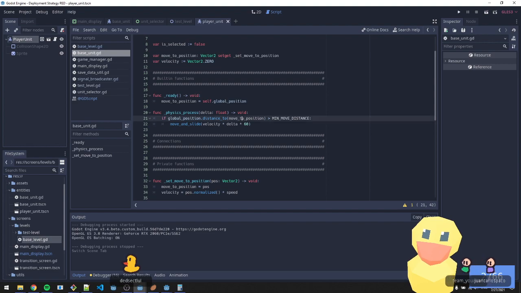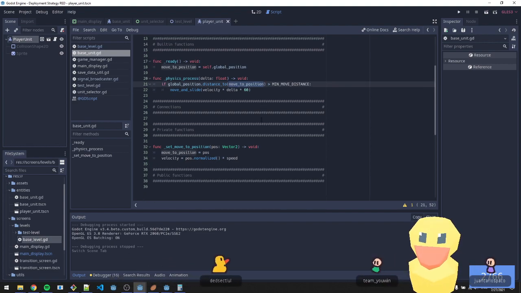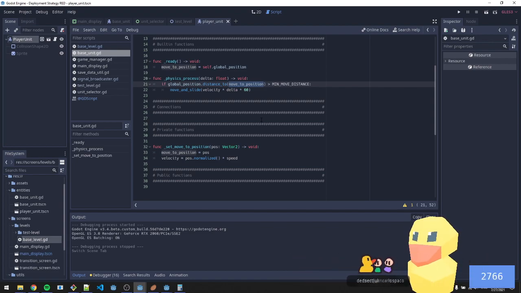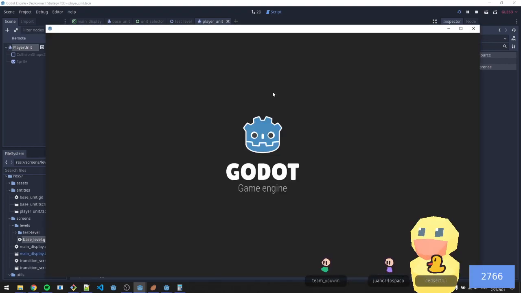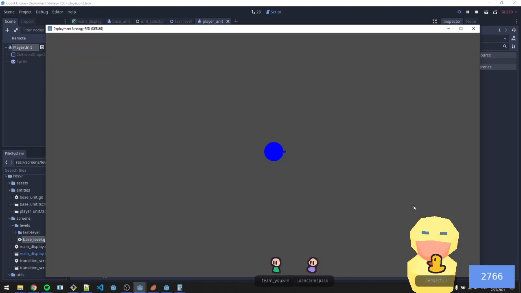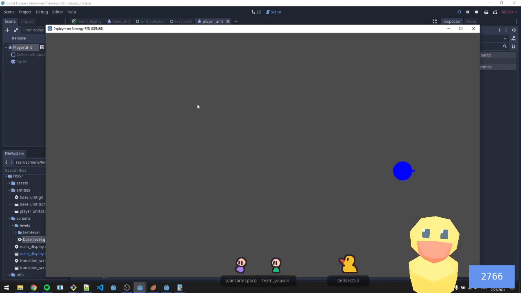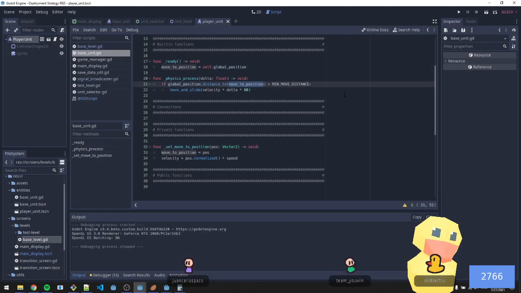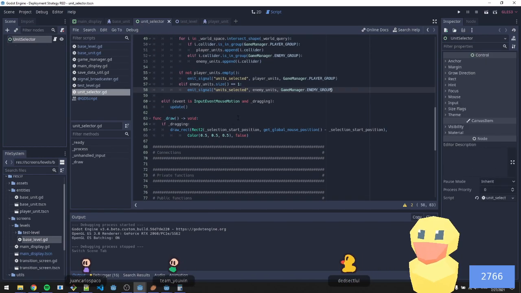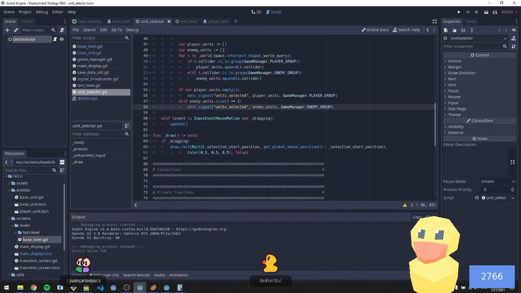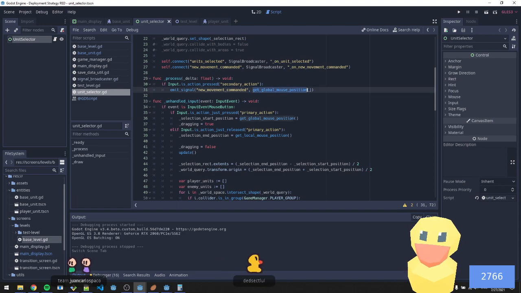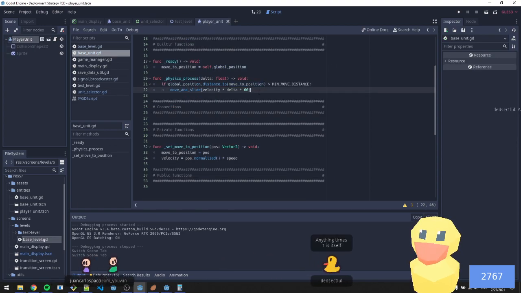So let's see, goal position, move to position, distance to. Wait, this is right. What? Yeah, that's not. It's still using the same logic. So move to position should also be a global position, right? So where is it? Yeah, global mouse position. Okay, so let's do